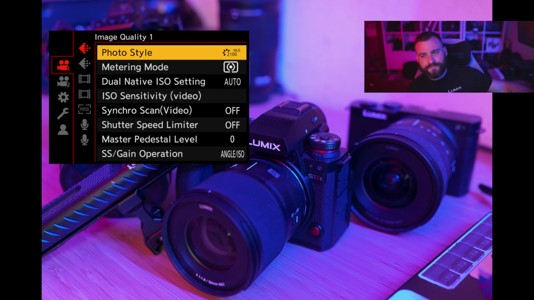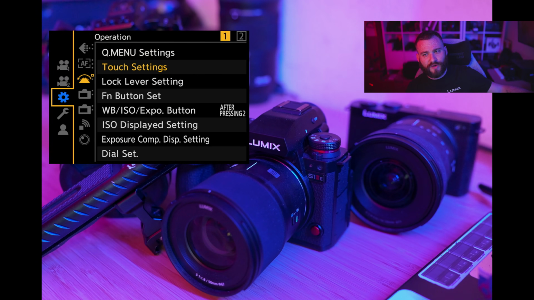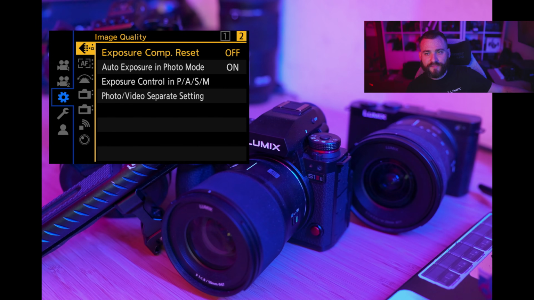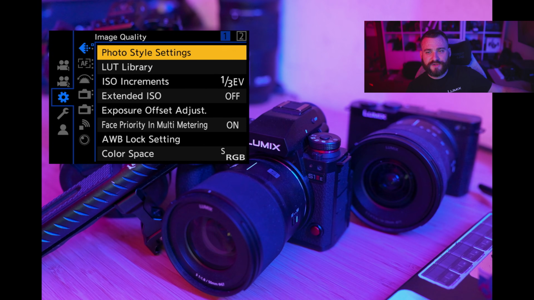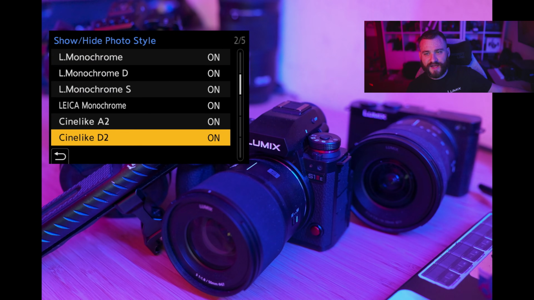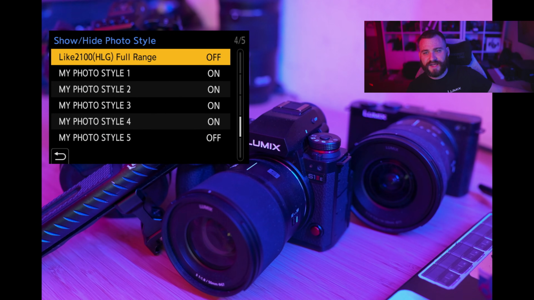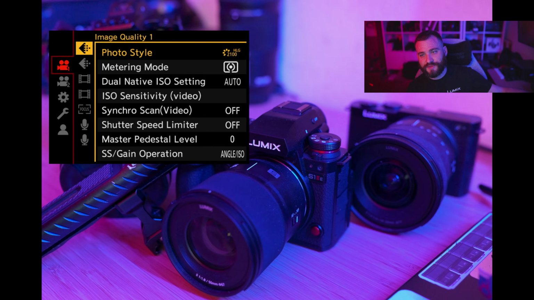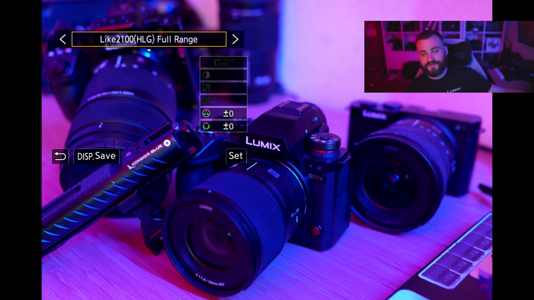But I mentioned that in some cameras, there's more than just the HLG 2100 that we have right in the camera. If we go into photo style settings and I go to show and hide photo styles, I think this camera has it. Yes. The S1 Mark IIE also has this other one called HLG 2100 Full Range. So now if I go and change my Hybrid Log Gamma to full range,